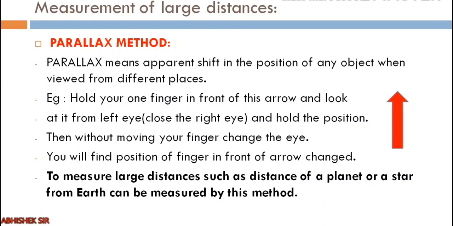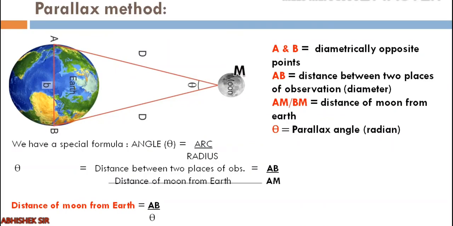Now how is this method helpful for us? To measure a large distance, such as the distance of a planet or a star from earth, can be measured by this method. So instead of our eyes, we will look at that planet, suppose the moon. We will have to see the moon from two different, distant places on the earth. Now how is it possible, let us see. So this parallax method,